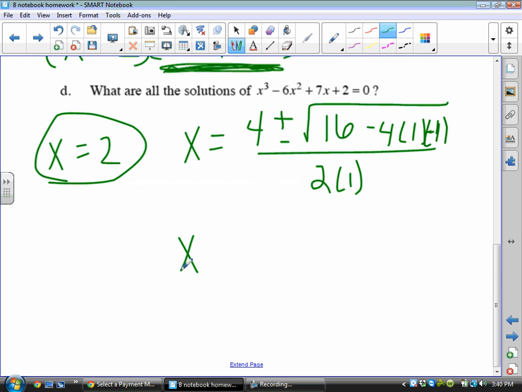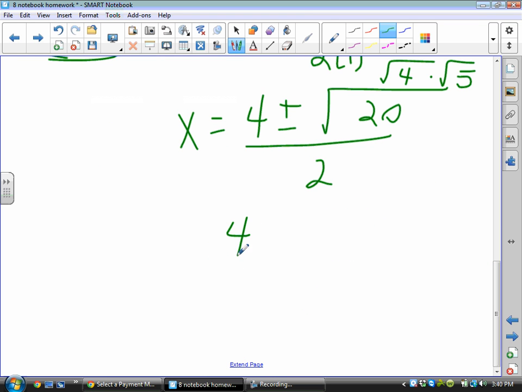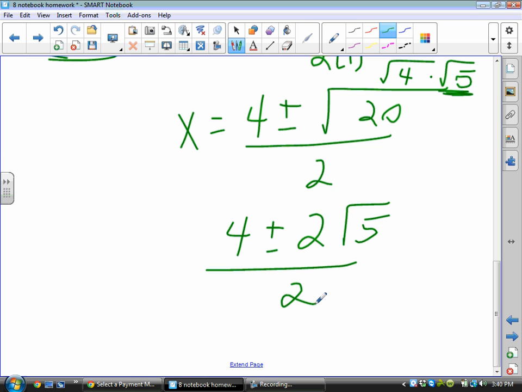Okay, so I have x equals, I'm looking for my two other roots. Square root of, I'm going to end up having 16 plus 4, which is a 20, divided by 2. We're going to simplify that 20 to be the square root of 4 times the square root of 5. This I know is really worth 2, so that becomes outside my radical. Plus or minus 2. I don't know the square root of 5 off the top of my head, so I'm going to leave it as the square root of 5 divided by 2. My 2's may cancel with each other,